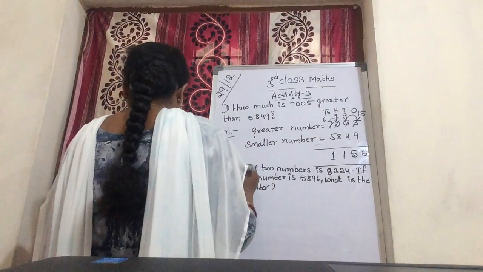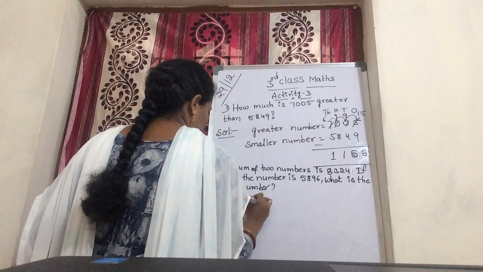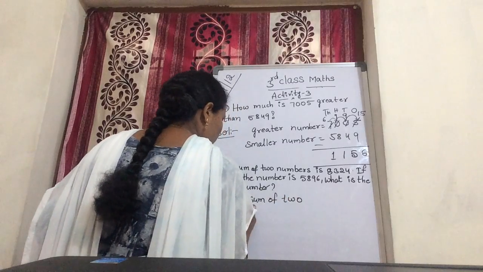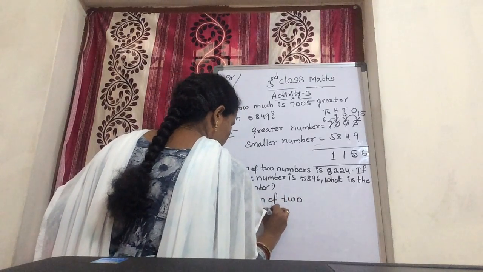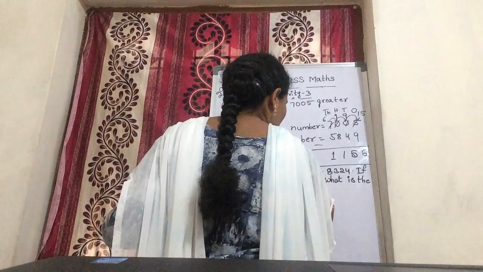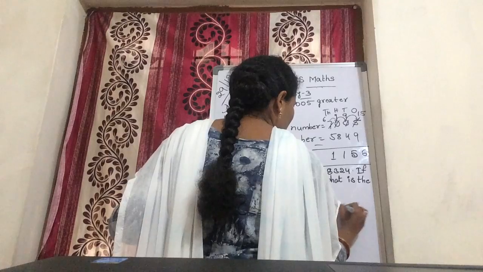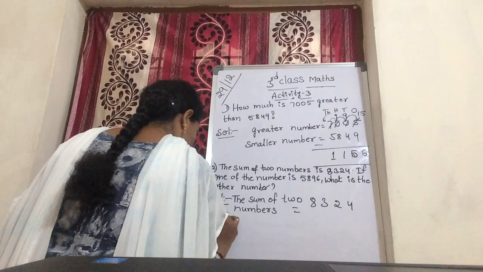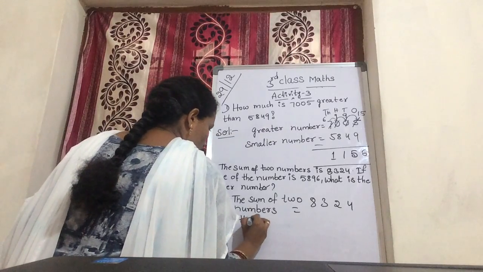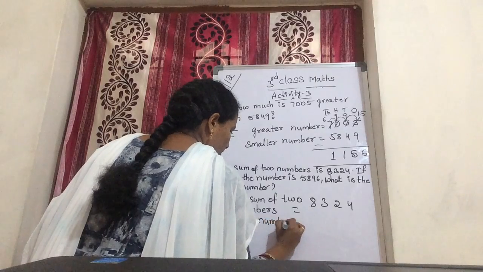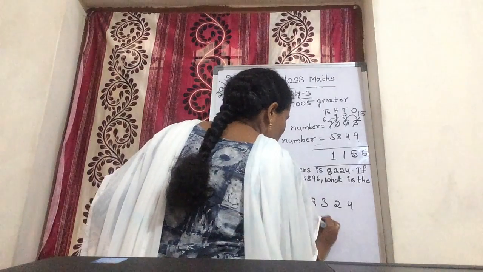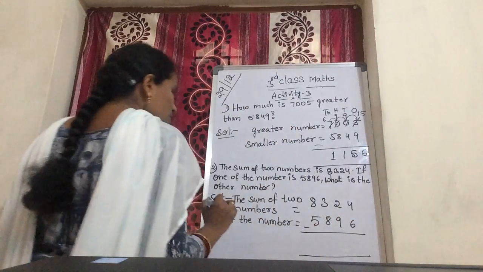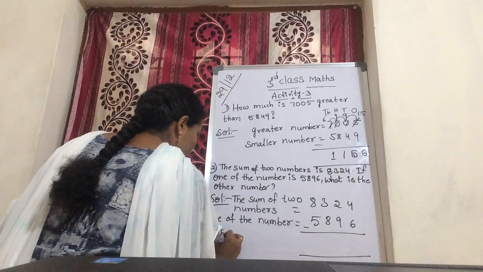So, the sum of two numbers, how much is the sum of two numbers? 8324. Now one of the numbers is how much? 5896. Subtraction. So therefore the other number is